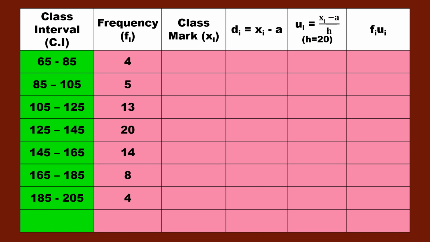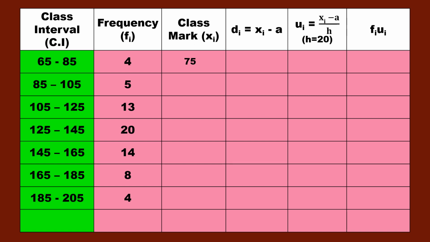Okay, so what is 65 plus 85? Let me add this 65 plus 85. So you'll get 10 here and here 14 plus 1 is 15. So 150 by 2, which gives you 75. Okay, so now after writing this you should check whether it is lying in between the lower limit and upper limit. Okay, 75 is lying between 65 and 85.